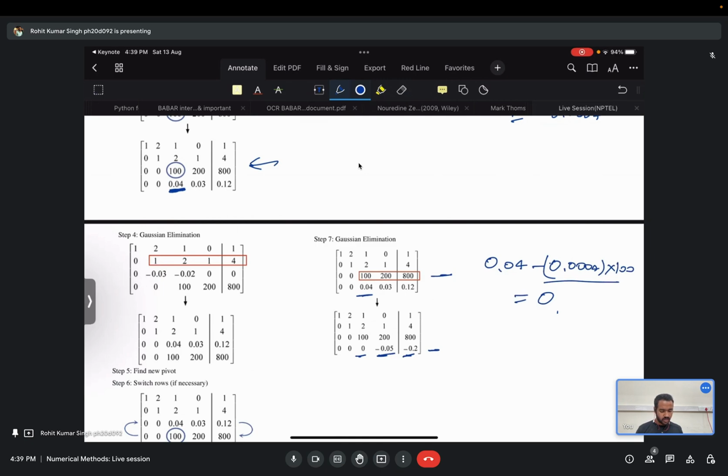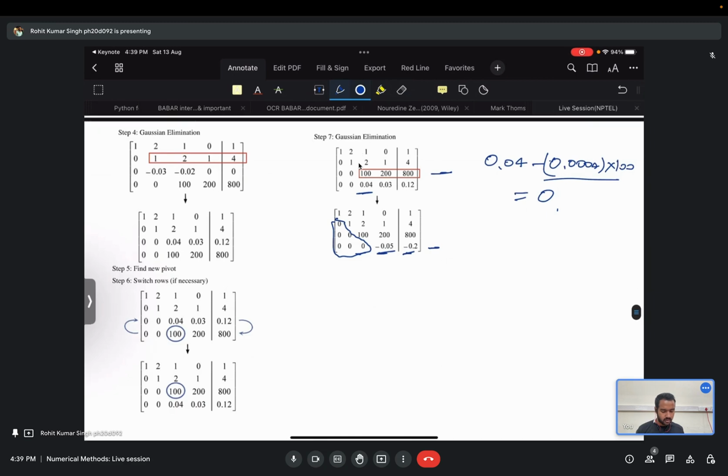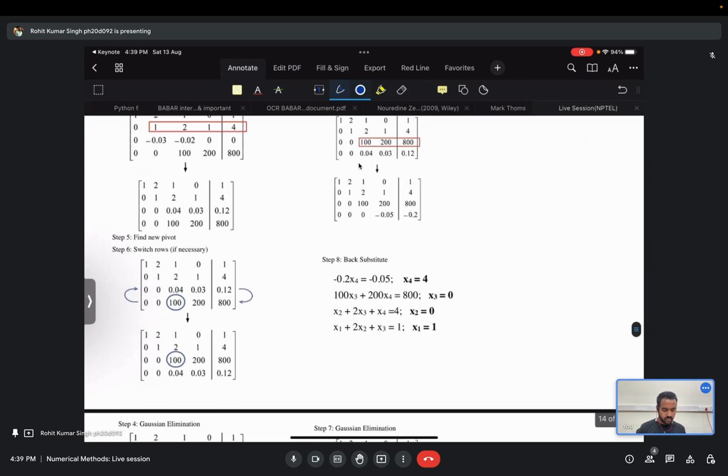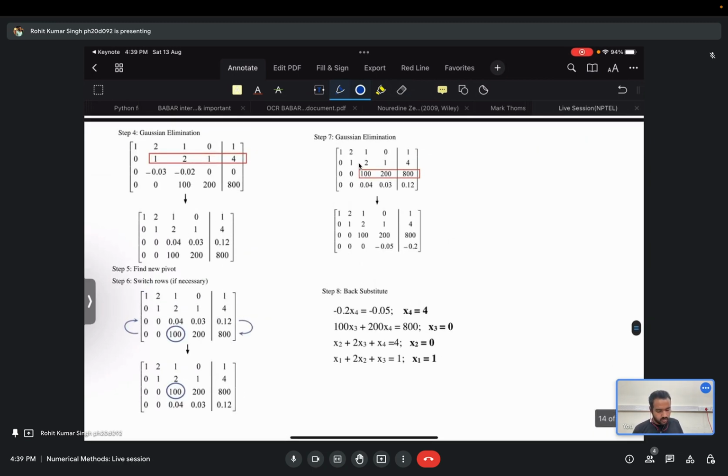Okay, so as you can see, we have converted our matrix here into an upper triangular matrix, right? These are zeros, and we only have the diagonal and upper triangular part. So now we can use our same old back substitution method to obtain the solution, right? So we can start from below. We will have just